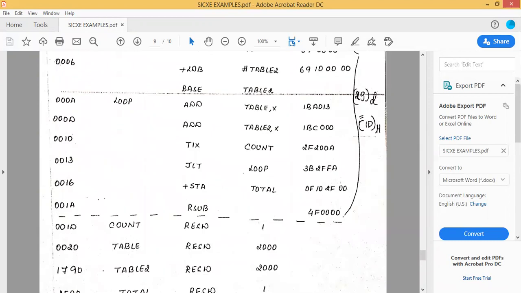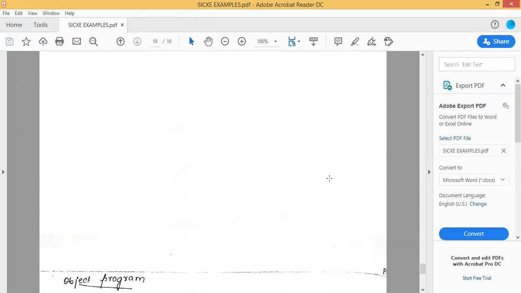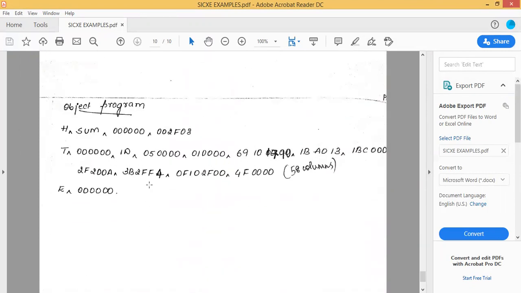And here I have told you. If you try adding all these object codes, that is the length of their instructions, you get 29 in decimal, which when converted to hexadecimal you get as 1D. So that itself is written here. And then write all the object codes here. I had told you a condition that in a text record you can have a maximum of 60 columns in the object code. So that is why you tend to break your text records into one or more text records, to keep up the condition of 60 columns in the object code. And then coming to E, which is the end record, which is followed by the starting address of the program.